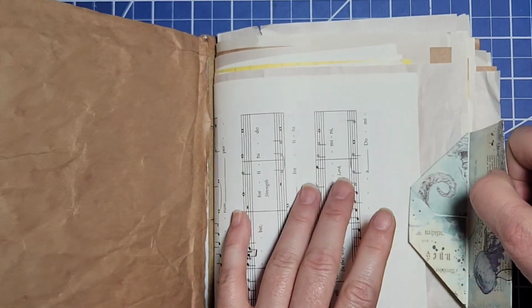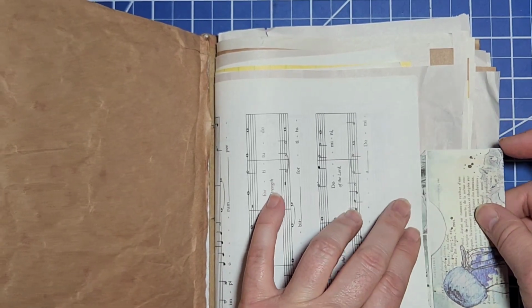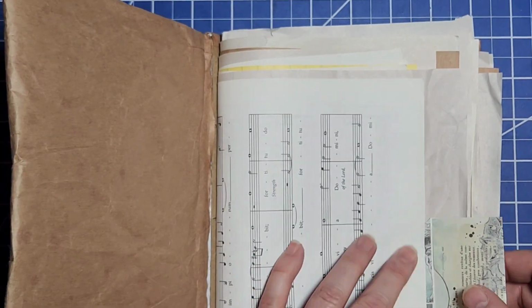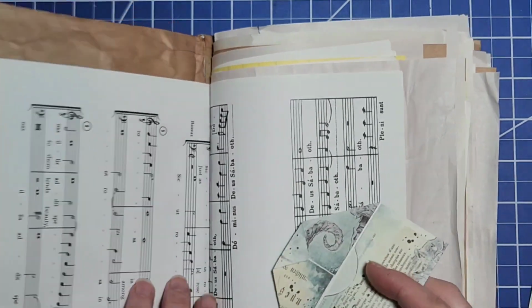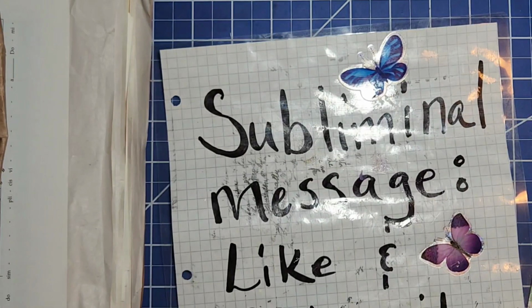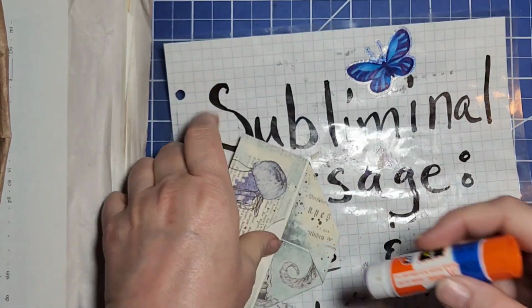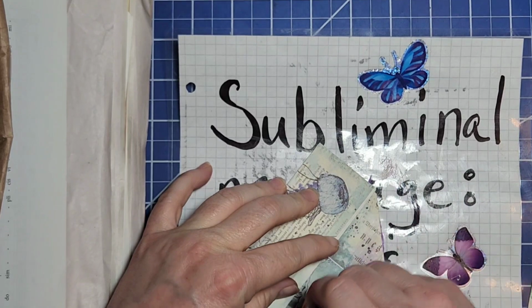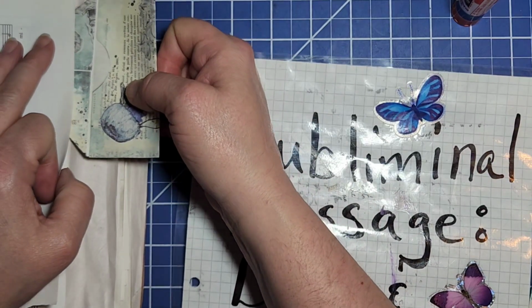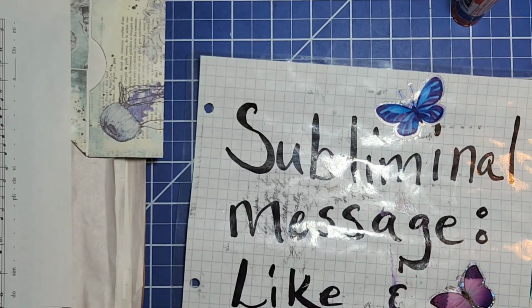So I might put this, maybe I could put it like this over here and then have this flip out so that I can hide something into this, which I think is what I'm going to do with it. Yeah, just like that. We're going to glue that on. Okay, we're going to glue that onto there. This one can go,